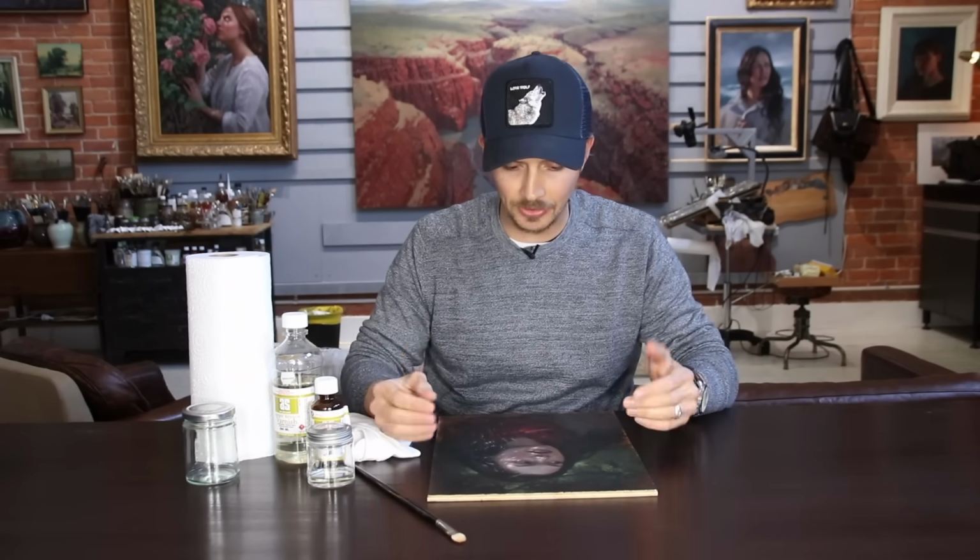Also, after I've done a batch of varnishing, I get out of the room, so I'm not breathing in all those fumes. I'm very happy with the way this retouch went down. The painting has been brought back to a really nice luster, almost like when I put those final brush marks